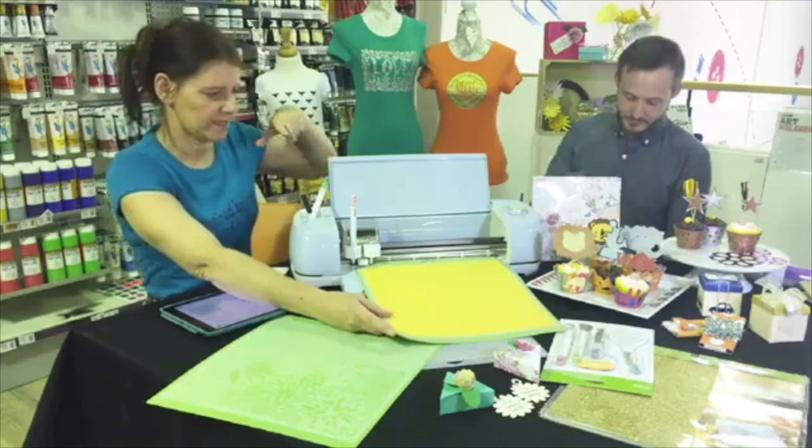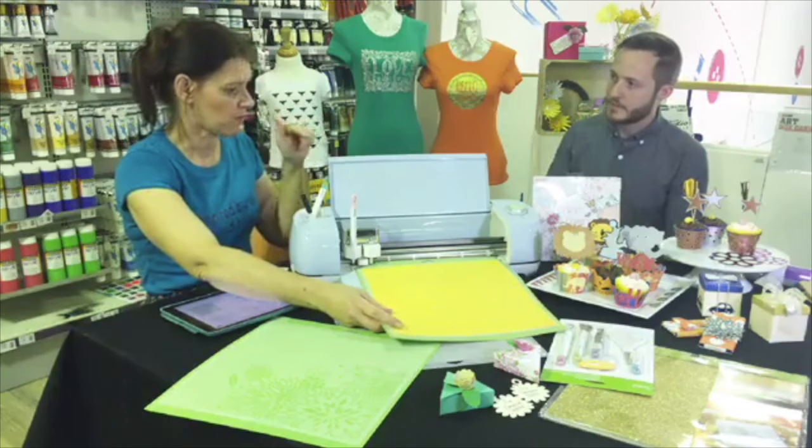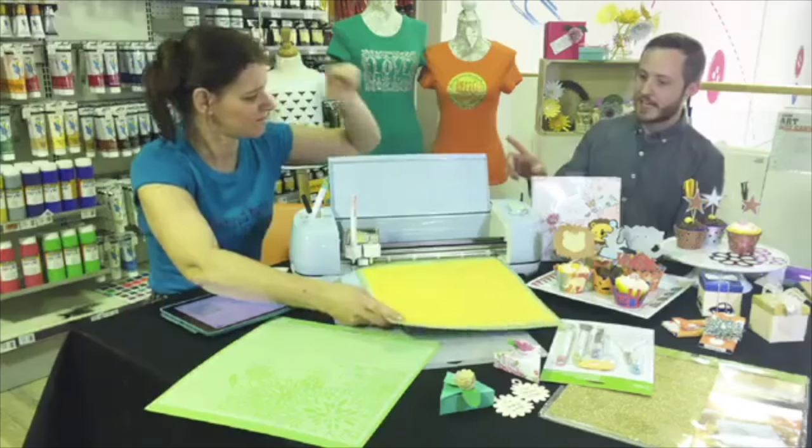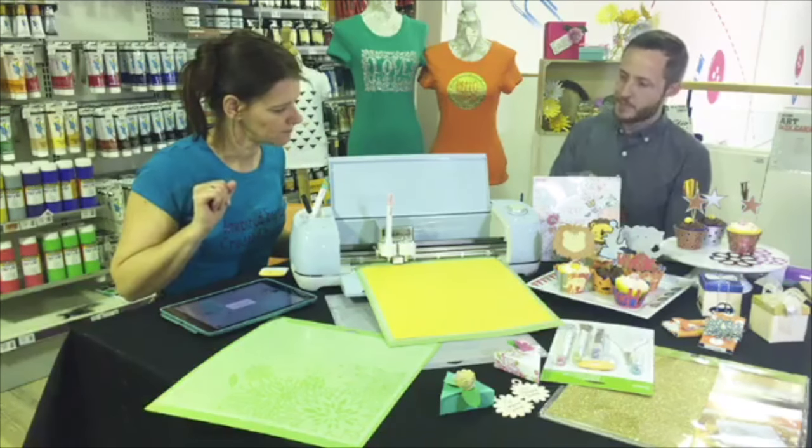So while this next piece, this is the last mat now, this is the tag. So this is where we're going to use the pen. Whilst that's printing, maybe, Lisa says that she has the deep cut blade,